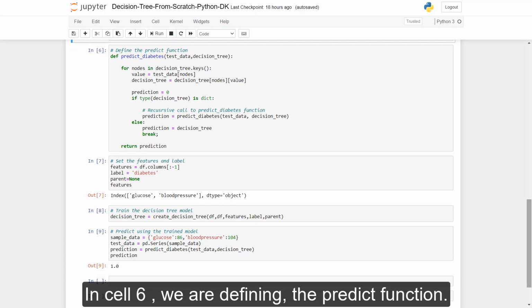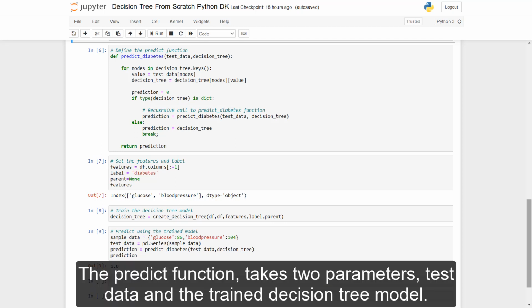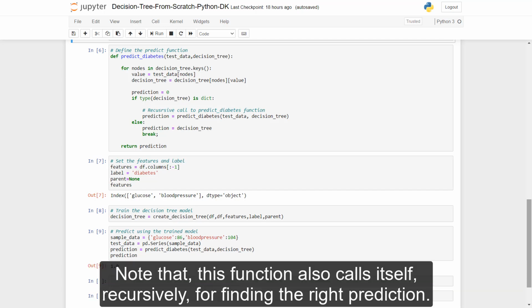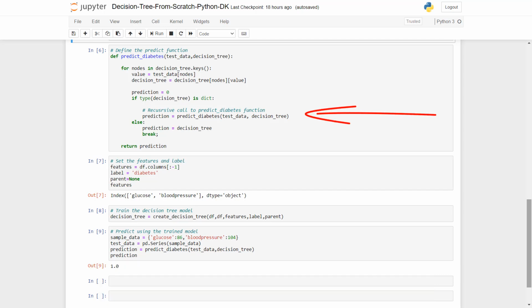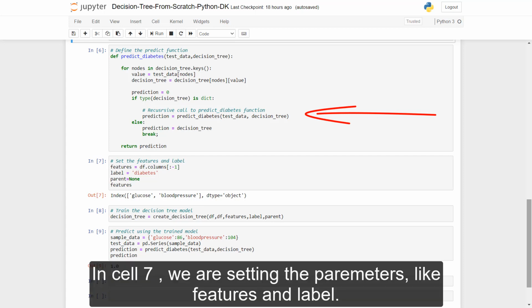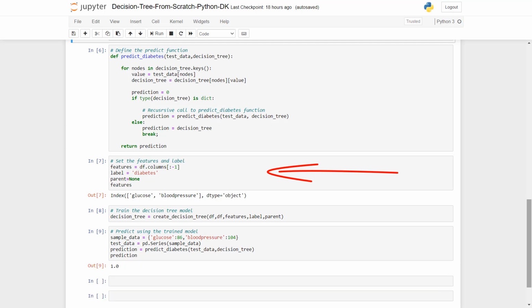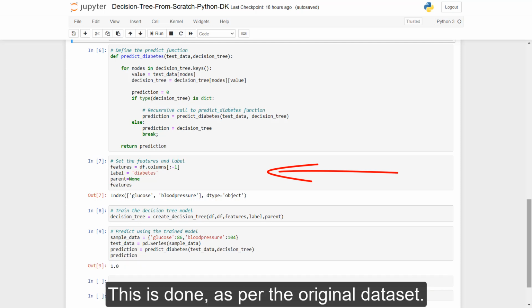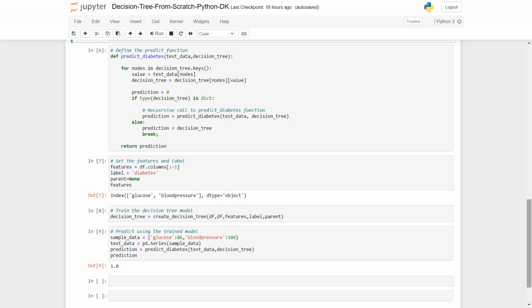In cell 6, we are defining the predict function. The predict function takes two parameters, test data and the trained decision tree model. Note that this function also calls itself recursively for finding the right prediction. In cell 7, we are setting the parameters like features and label. This is done as per the original data set.